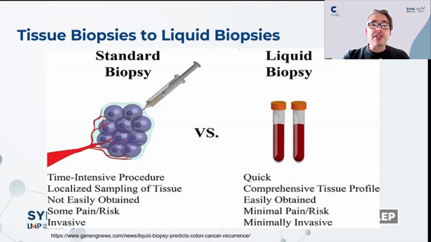So liquid biopsies and tissue biopsies. The standard biopsies generally tend to be a sampling of the actual tumor cells themselves, usually from some sort of needle biopsy. This could be a fine needle biopsy or an EBUS. Of course, in things like colorectal cancers, these could be resection samples as well. But the one thing they all have in common is they're usually quite invasive. There can be some risks associated with sampling of the tissue, and pain, and there can be expense and difficulties associated with having to get